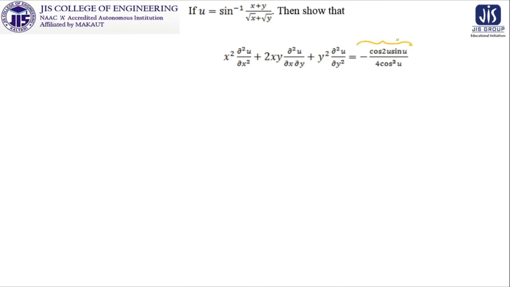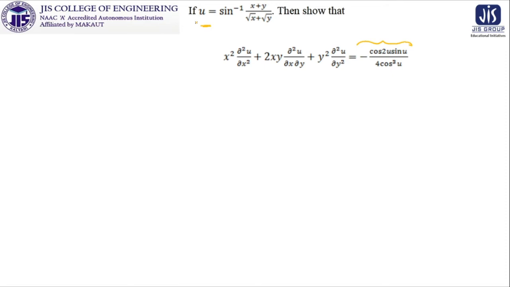Up to our knowledge, up to our previous classes' discussion, what will be the process? We will try to find out in a straightforward manner, as u is available to us, what will be del u del x, what will be del u del y, what will be del 2u del x2, what will be del 2u del y2, and what will be del 2u del x del y. And believe me, there are 5 expressions we have to calculate and they are not so easy. Instead of that, can we have any help from Euler's theorem?